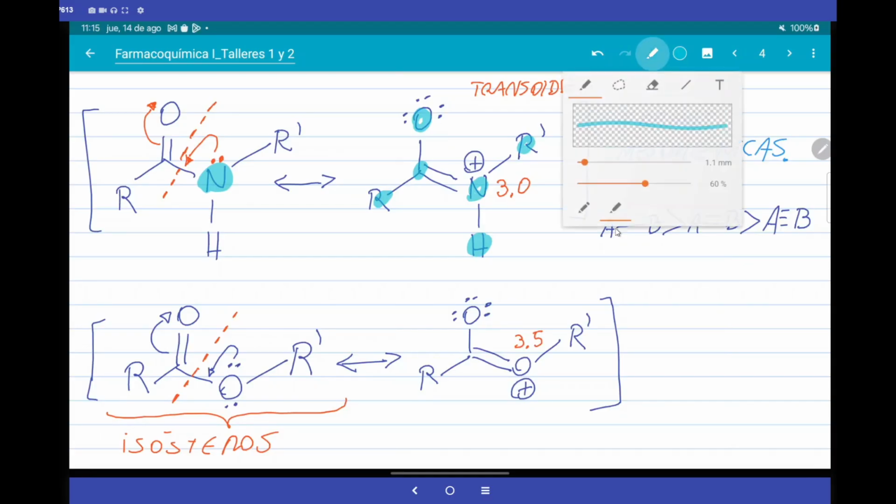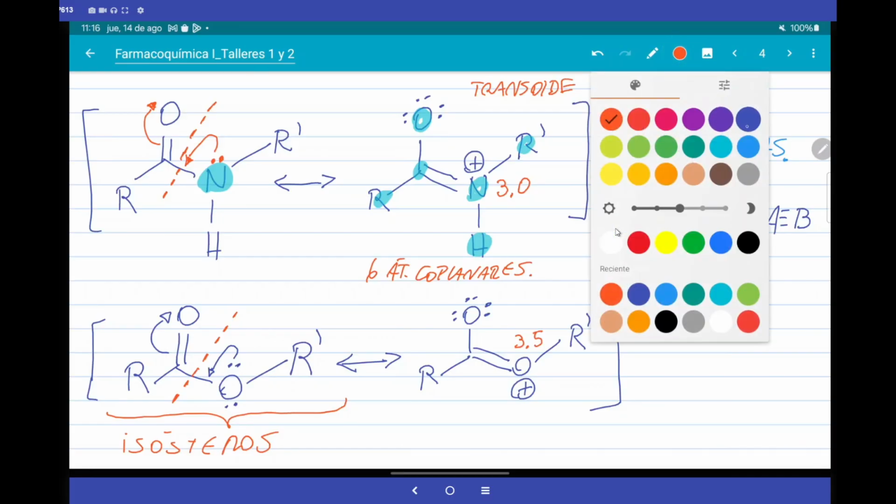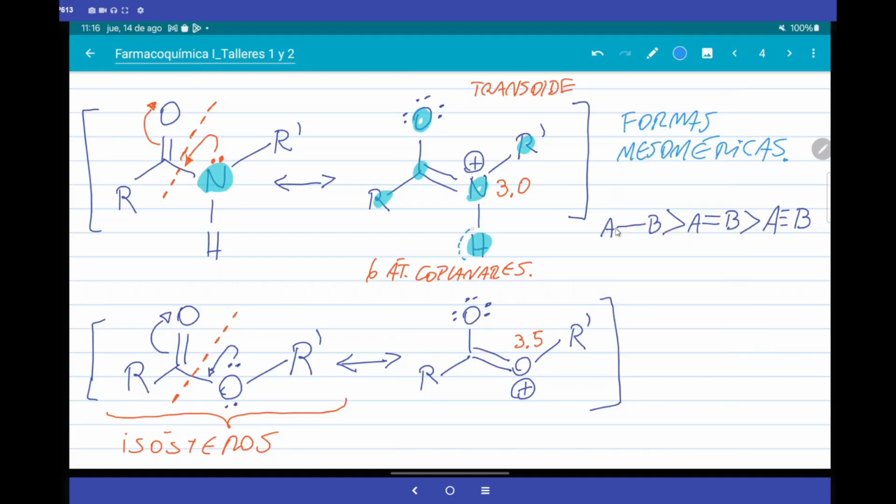In amides, you will always have a total of 6 coplanar atoms, and the disposition is transoid between this hydrogen that is down here and the oxygen there. I was missing placing it. Nobody told me anything, but I understand that they visualized it. Since the negative charge is missing, this is neutral, so this disposition is always like that.